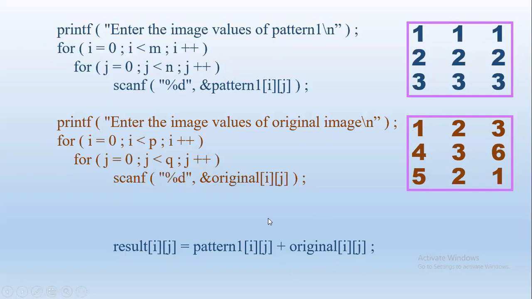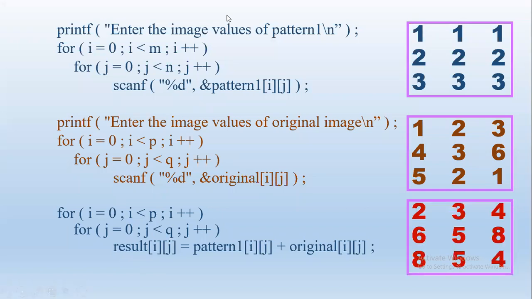Next only J has to increment every time for the first row elements to get added correspondingly. And next I has to get incremented so that the second row gets added, right? So we have the for loops. Now here the condition we may give I less than P or I less than M. Similarly J less than Q or J less than N, because anyway the number of rows are equal and the number of columns are equal.